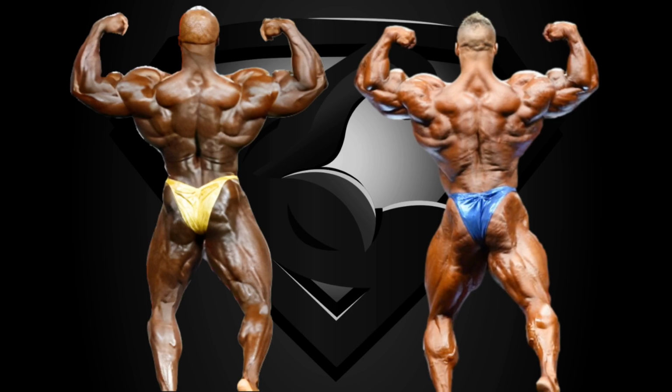His peaks are just crazy. The difference though is made downstairs, where Brandon drops the ball. We all know that. The lower body probably is his only major issue, but a big issue unfortunately for him. Nick Walker dominates at every aspect of the lower body, which combined with his great upper body secures him the win in